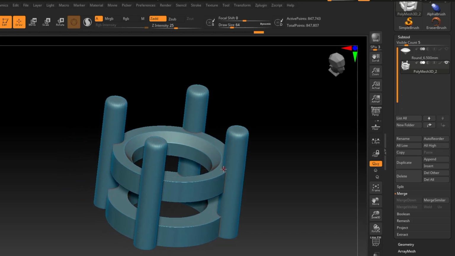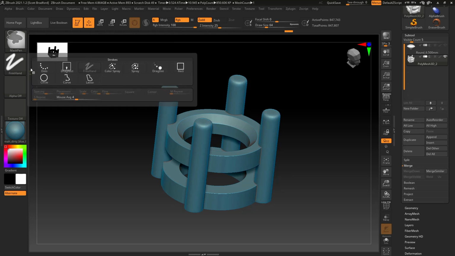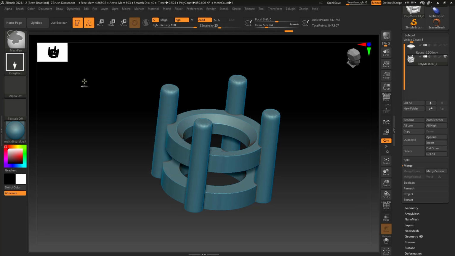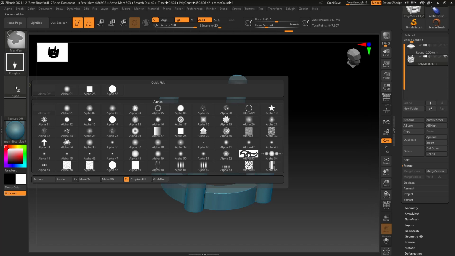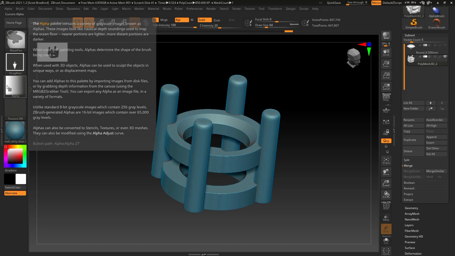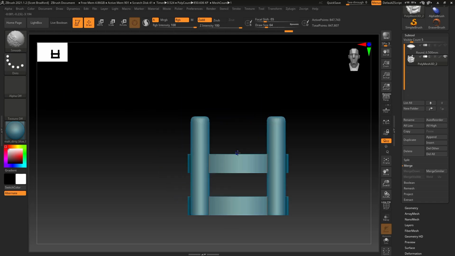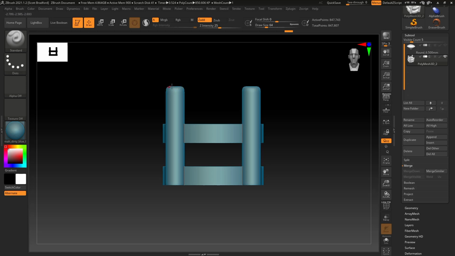And the way we're going to do that is through masking. I'm going to hold control on my keyboard. We are going to be using the mask pen. So for my stroke modifiers, I'm going to go into drag rectangle, and I'm going to add alpha 27, which is a gradient alpha. Right now it's a gradient from left to right, so we need to change that to up and down, because this area up here will be darker, and then we'll have a gradient all the way down, so when we start moving things, this area will move the most, this the least,